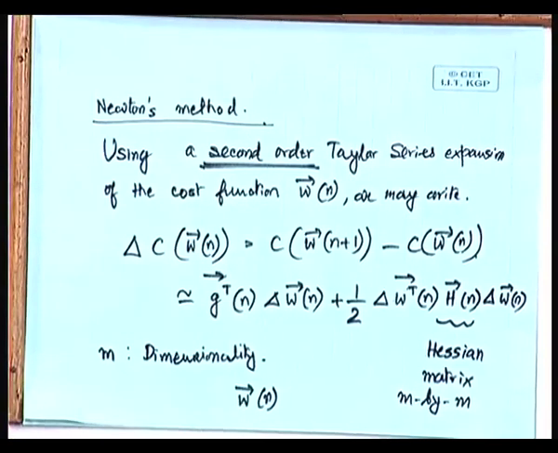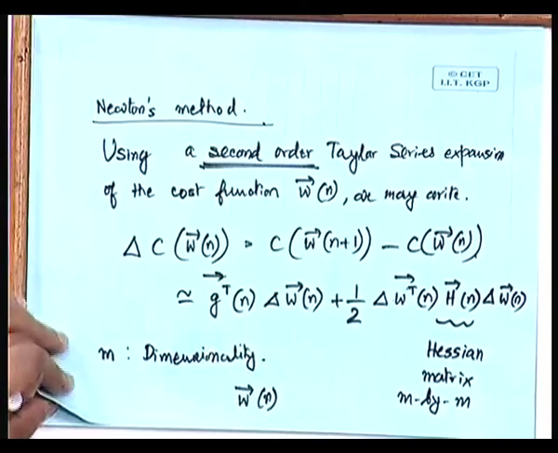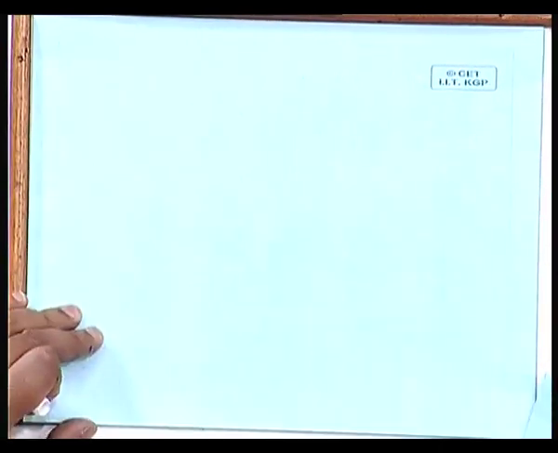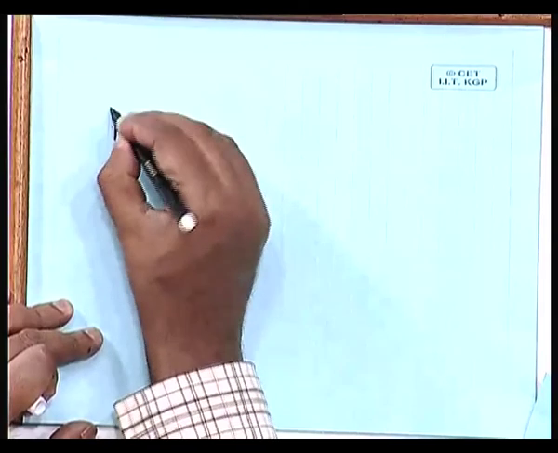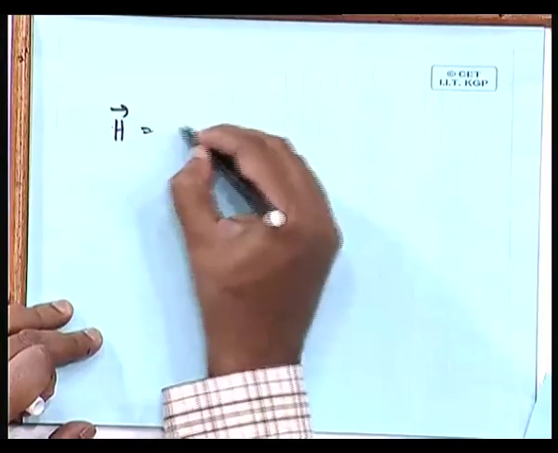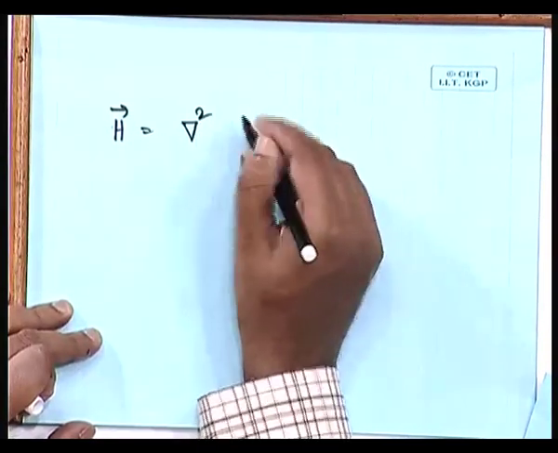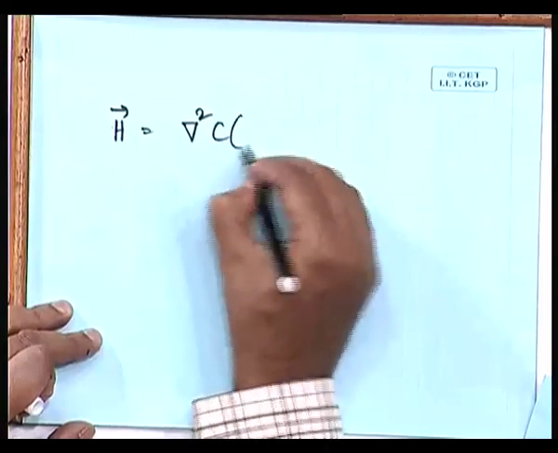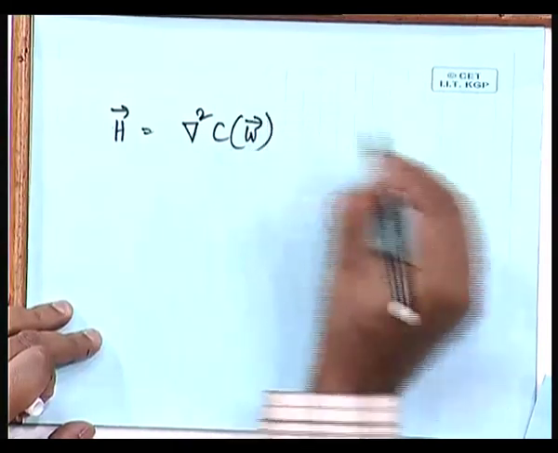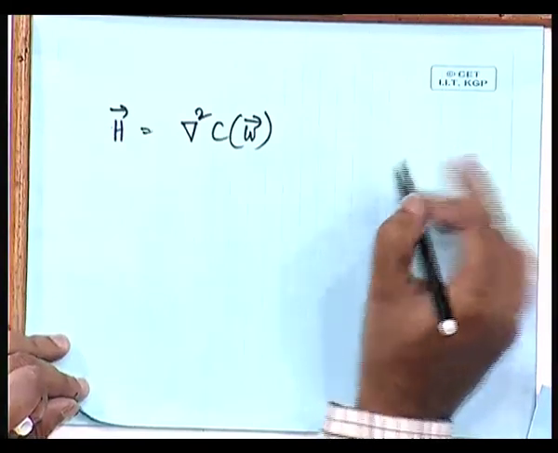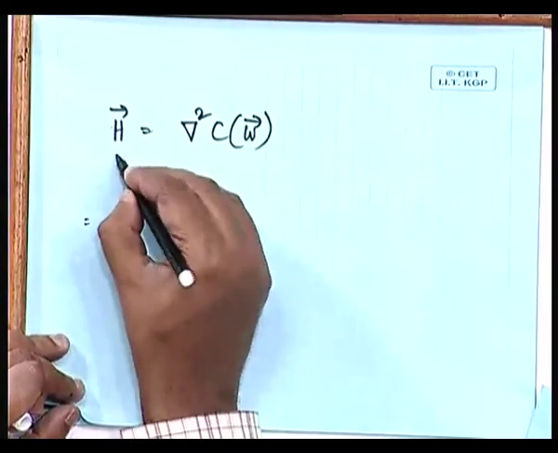And what is the form of the Hessian matrix? The Hessian matrix will be the Laplacian, or the second derivative, of this cost function, and this is expressible as follows: